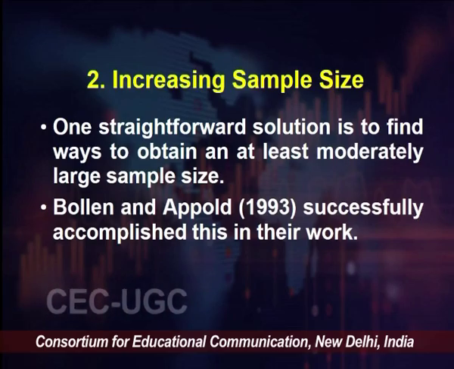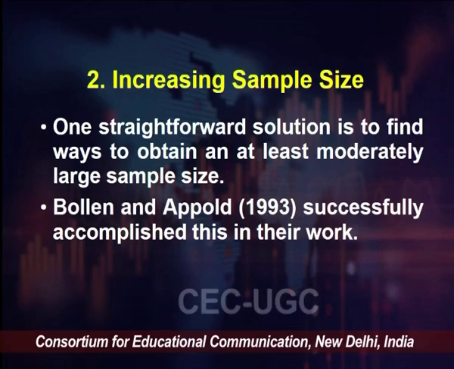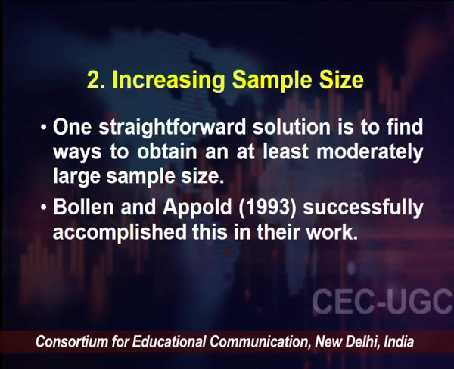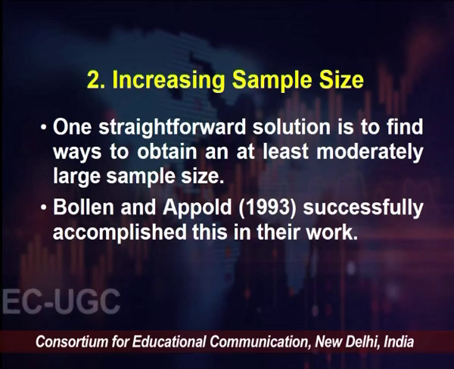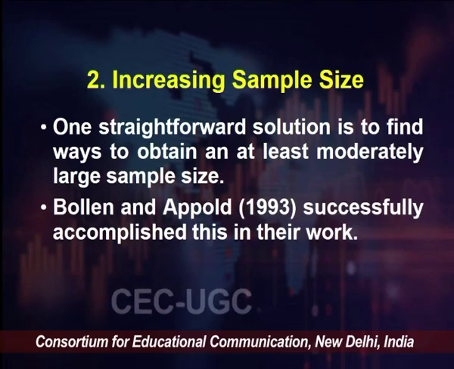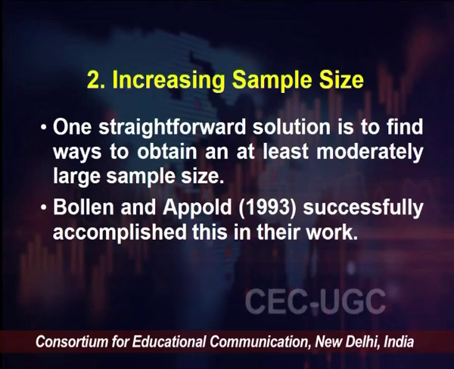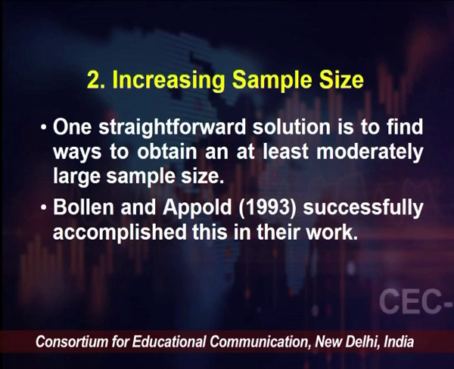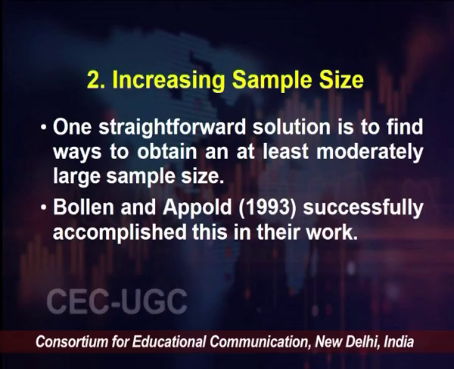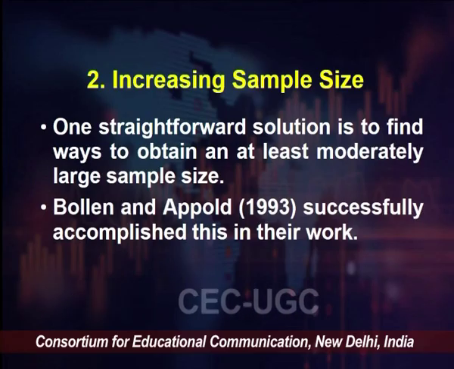Another proposed solution by Raftery is to increase the sample size. One straightforward solution is to find ways to obtain an at least moderately larger sample size, and Bollen and Appold's 1993 published work successfully accomplished this. This is not a general solution because by definition the number of macro level entities is often fixed and small. The third solution to the